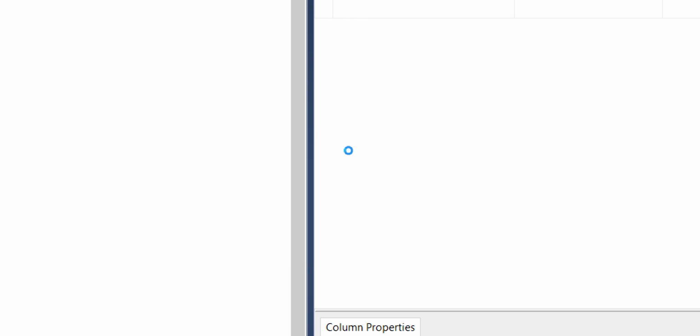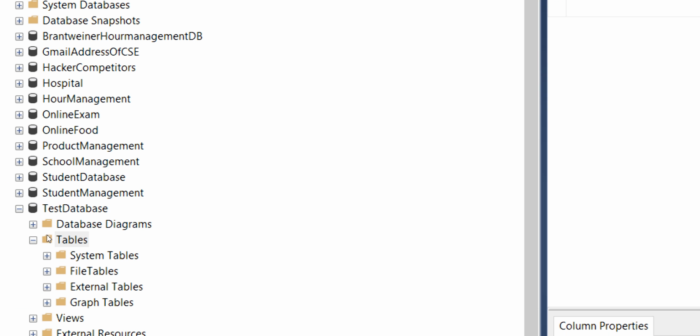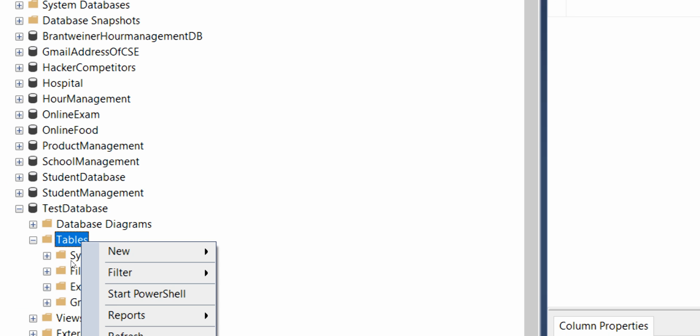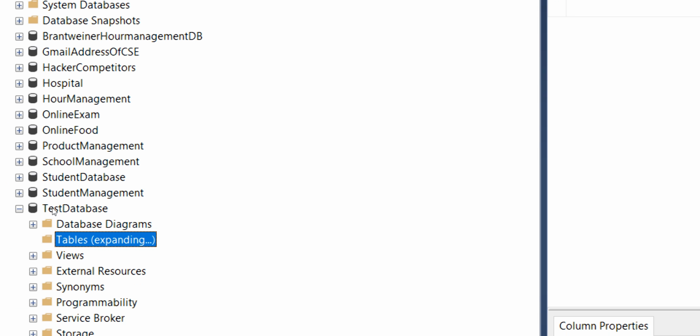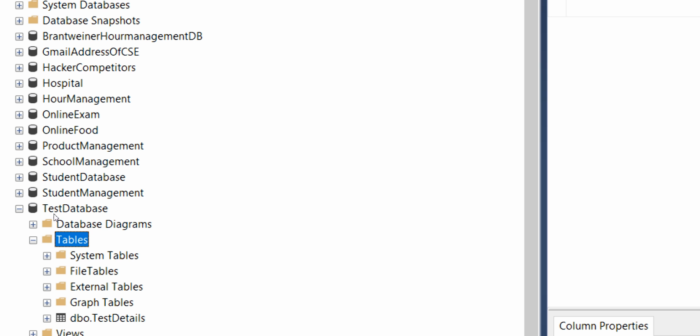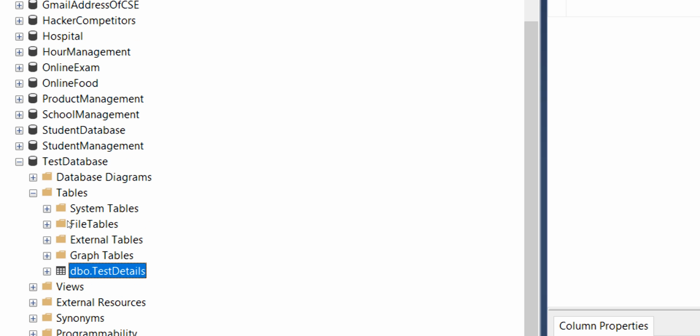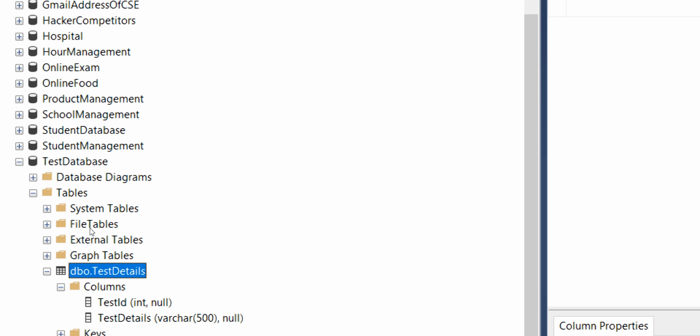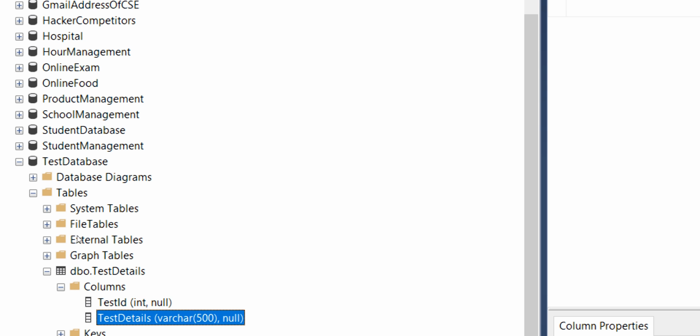When I click OK button, it is going to create a table for us. When again I will refresh this section, this is going to show a table for us. Here we go. So after expanding this test details and then expanding the column section, you can see we have two columns, test ID and test details.